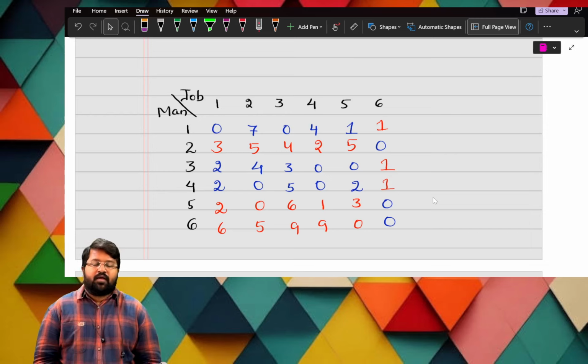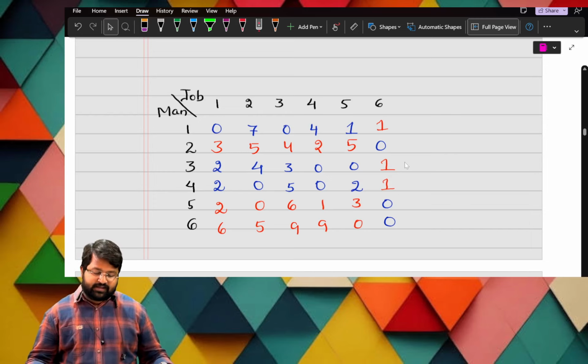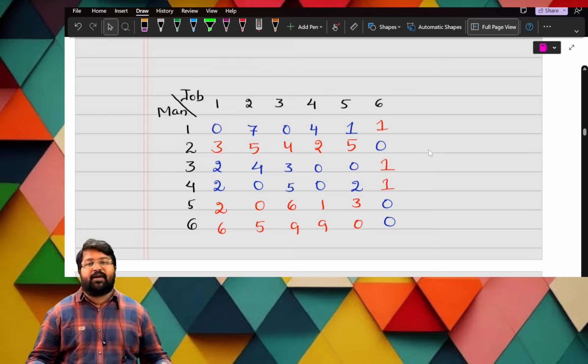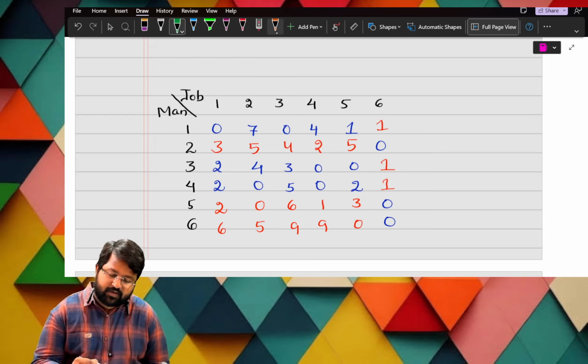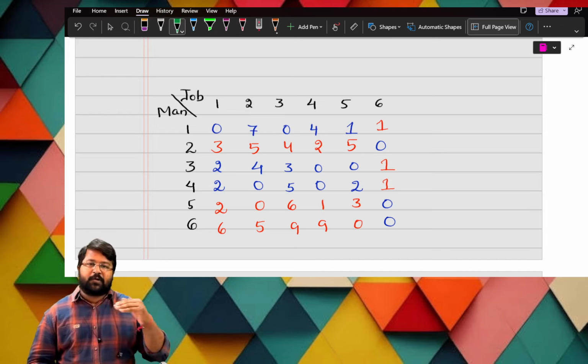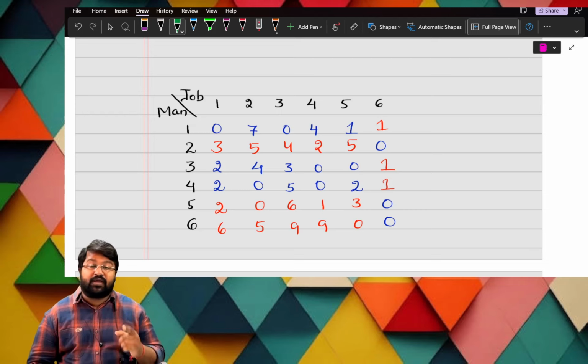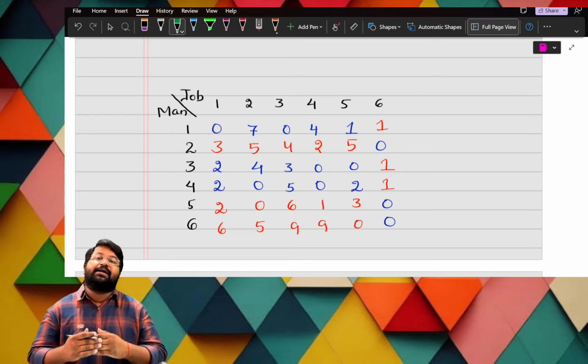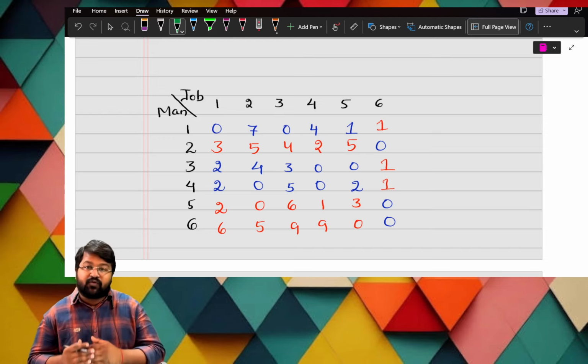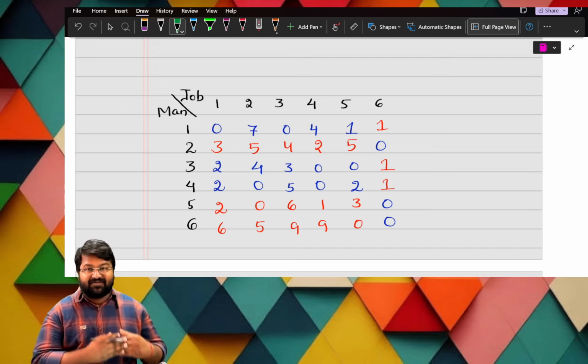Okay, you are done. Now again, what is the thing more? We have to go again for the test for optimality. What is the test for optimality? Again, we have to go from rows to columns. After improvement, again we have to go for the test for optimality. Are you okay with this step? Again, we are repeating. We have to repeat till the number of rows equals columns equals number of circles.